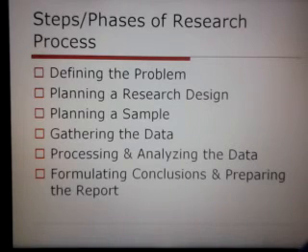The next step is planning a research design. After the problem has been defined clearly, that is, what the researcher actually wants to do, what the real problem is, what type of problem it is and how it could be resolved, then there is planning for the research design, meaning how the data would be collected, from where, what the method of data collection would be, sampling design, sample size, and how the data would be analyzed, and so on. So this is all planning in research design.